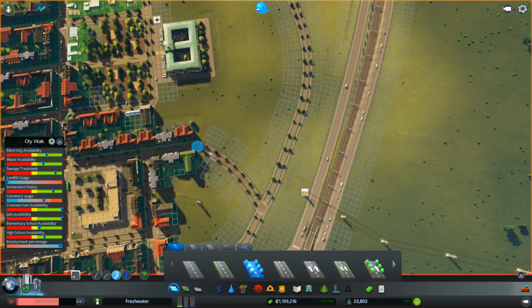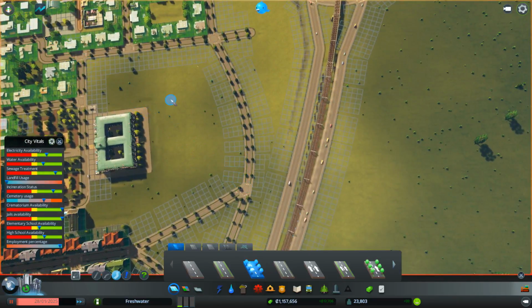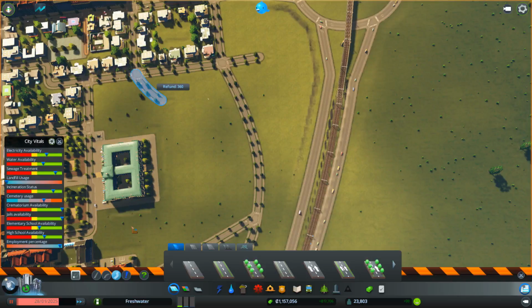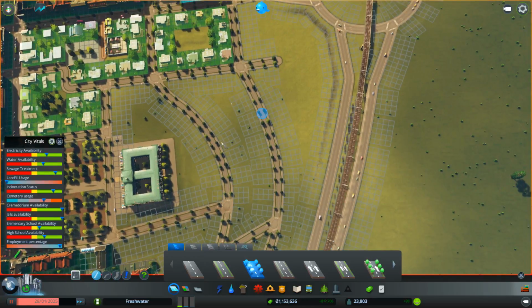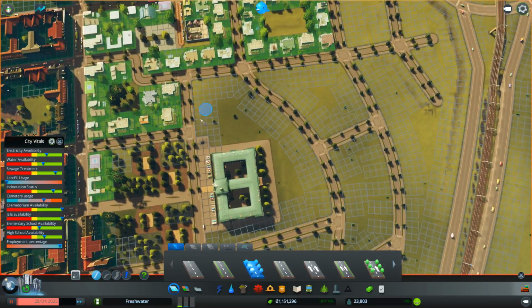Maybe let's do something a bit different here. Yeah, let's do something like that. No, I don't like that. That's a bit better. Let's say I come in like that. Actually, let's maybe put a little road across there. Come in about there. Yep. Oh, let's give a kind of sense of symmetry to the...